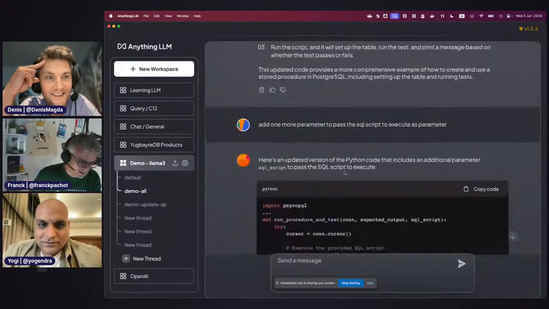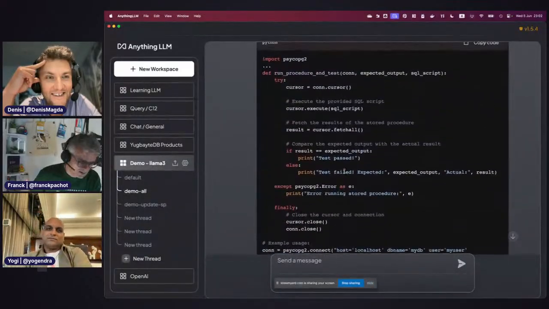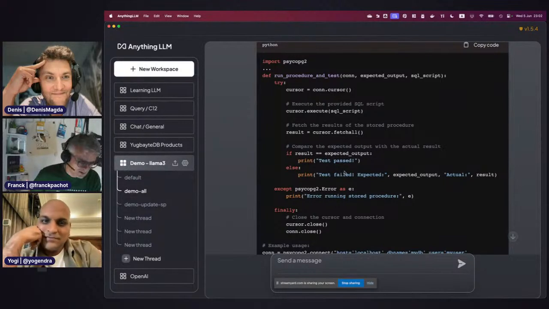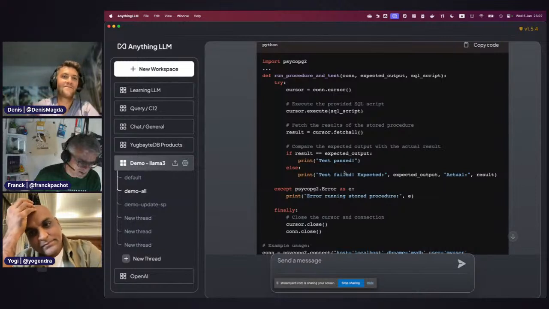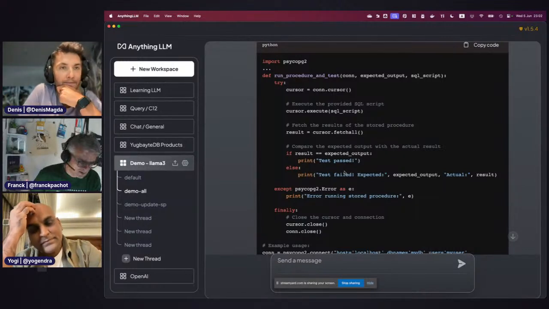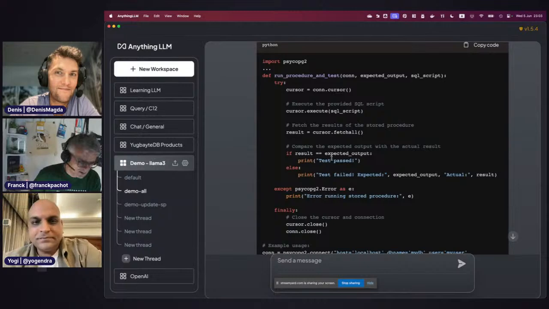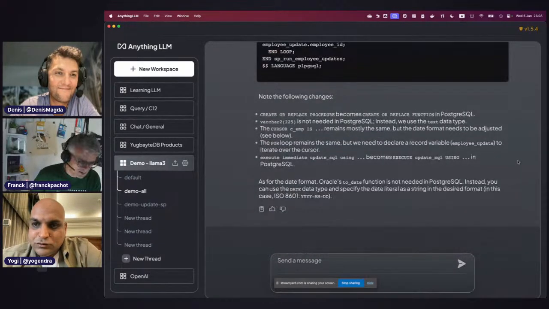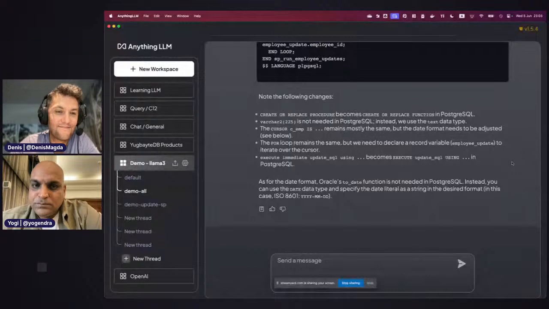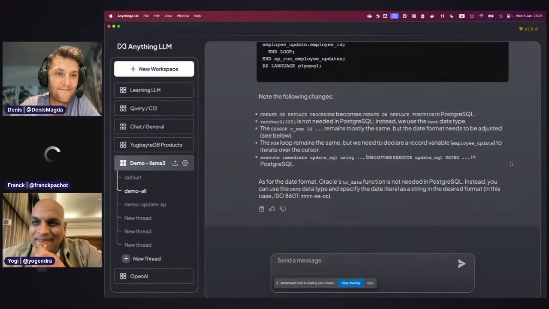Because just to explain, my fear is not converting the code. I mean, we can convert the code. My fear is that at some point, if you convert the code and move from Oracle to Postgres or to Yugabyte, someone will have to validate that the code that has 20 years of business logic in it will behave the same. So you need strong tests that you run on the target Postgres.